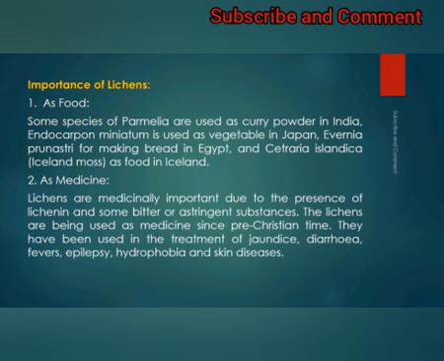Next, dhoop formation. Perfumes are manufactured from Evernia, which is used as dhoop at the time of religious ceremonies. Next, biochemical weathering. Actually, the mycobiont, that is the fungal partner of the crustose lichen, secretes some soluble organic acid known as oxalic acid. By this activity, the chemistry of the rocks on which lichen occur can change, which is called biological weathering. So this is an important question: what is biological weathering?